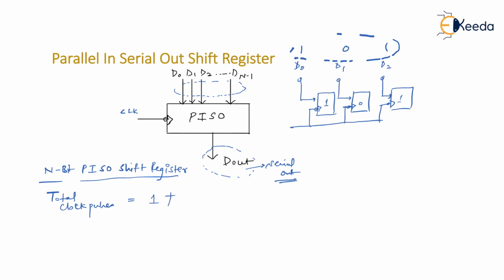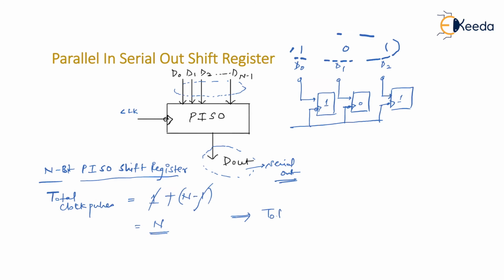The reason why it is n-1 clock pulses, I'm sure you remember that. If you don't understand now, go back to the serial in, serial out shift register explanation, see it, and then get back to this. You should understand that for taking the n-bit data out, you always require n-1 clock pulses. But here the 1 gets cancelled. Ultimately, you still require n clock pulses.